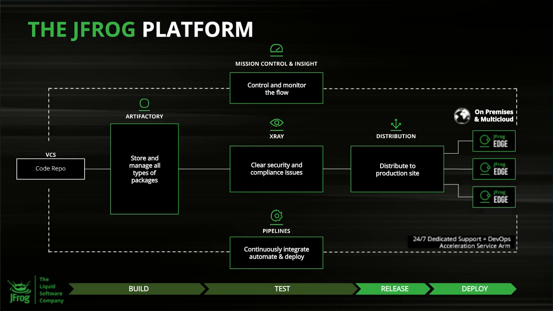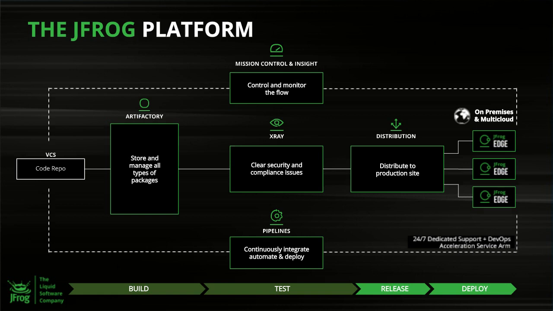So it doesn't matter which CI engine you're using, either JFrog Pipelines or Jenkins or Azure DevOps or anything else. You can set JFrog X-Ray to scan your builds in order to make sure that they are secure. And you even have the option to fail the build or trigger other events if specific vulnerabilities are found. And once your software is ready for distribution, then JFrog Distribution takes care of the heavy lifting of